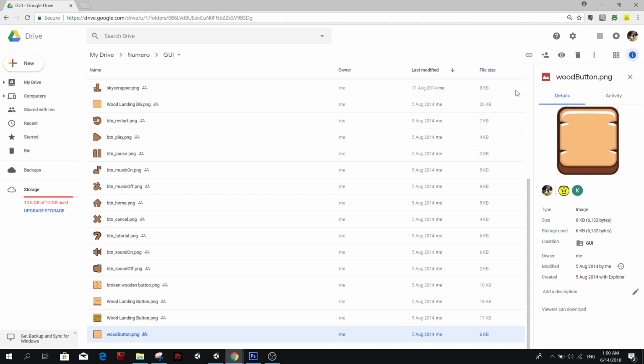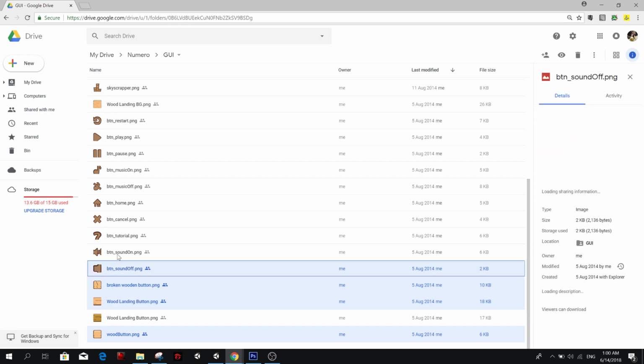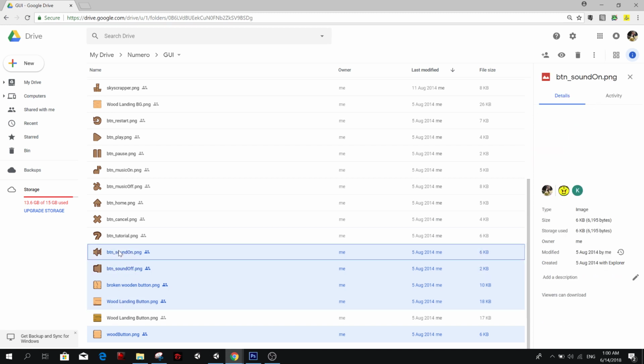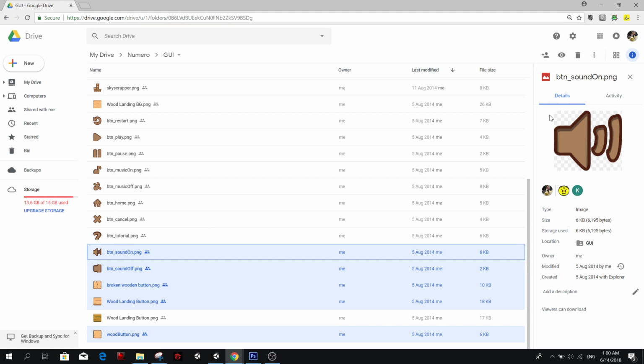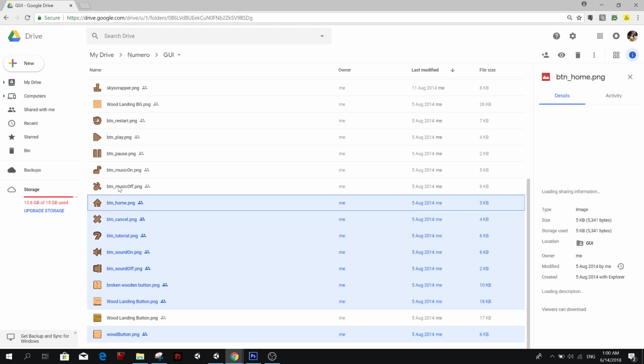So you see I have a wood button. I also need the broken wood button sprite, that's for when you break the button. We have this background, and at that time I didn't know that it's better to have a texture atlas or something like that. So let's just download all of these things.